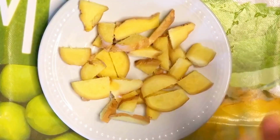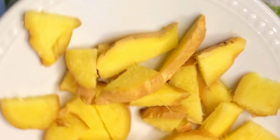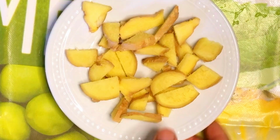Into smaller size. Yes, you can chop it the way you want it, but this is not too big and it's not too small, so it's really okay like this. So now the very next thing we have to do when our ginger is already chopped is we'll get our